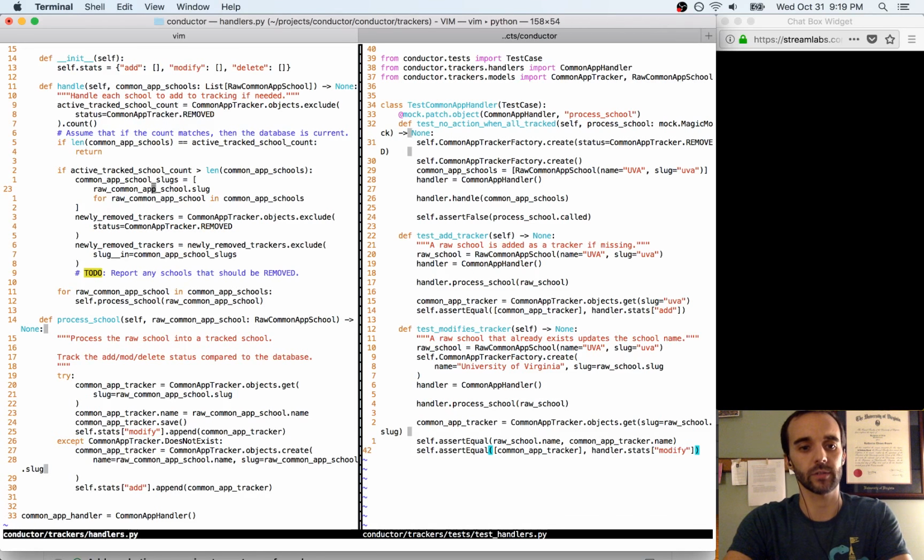It is actually the opposite of that. If the school does not show up in the raw data but is in the database, we need to use the existing stuff in the database. And so this is actually, in a way, different. We don't need to do an append, but what we do need to do is say